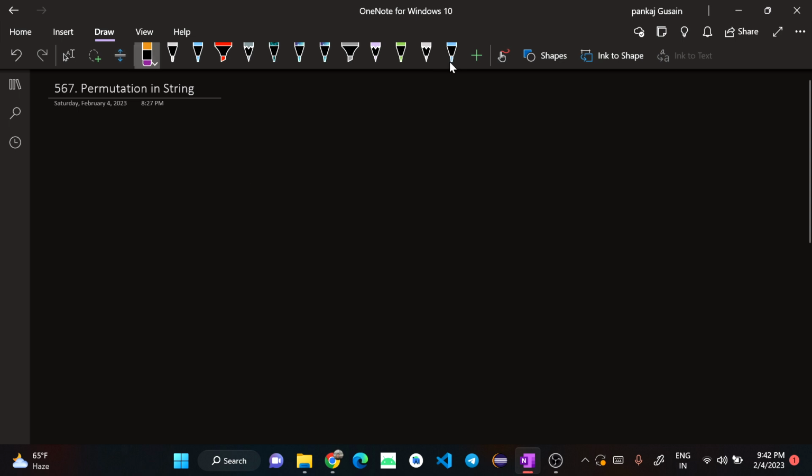Suppose we have string s1 and another string s2, and the length of s1 is greater than s2. Then in that case we know that any permutation of s1 cannot exist inside s2 as a substring,